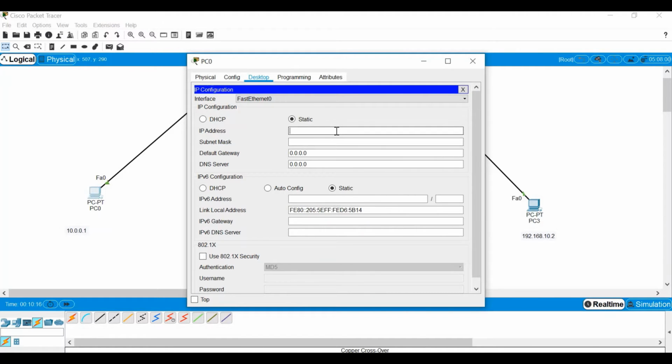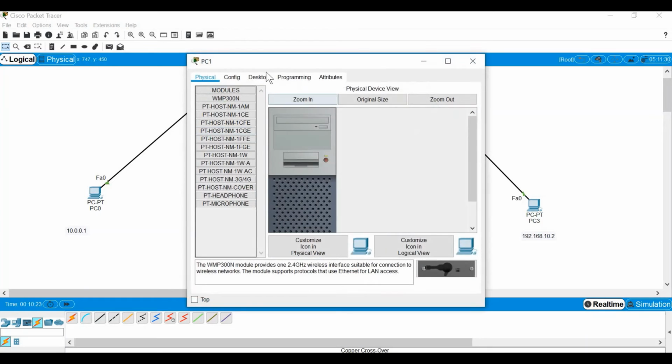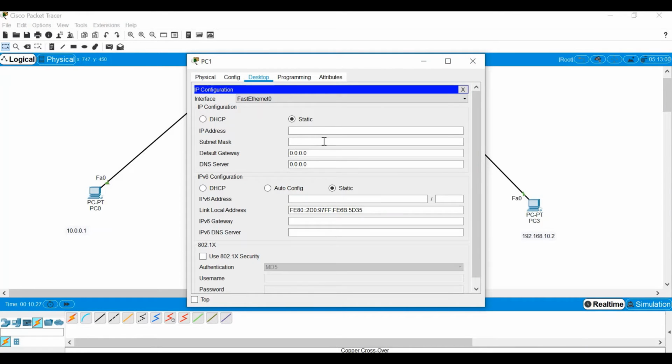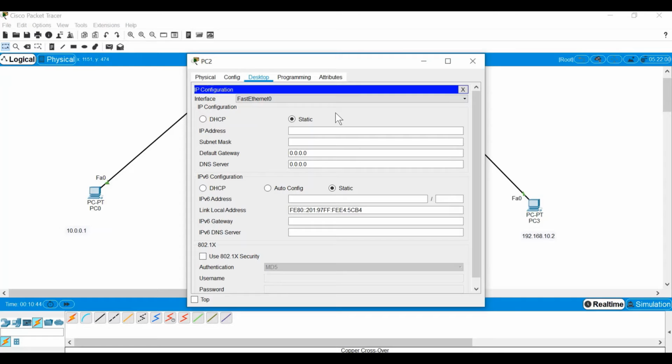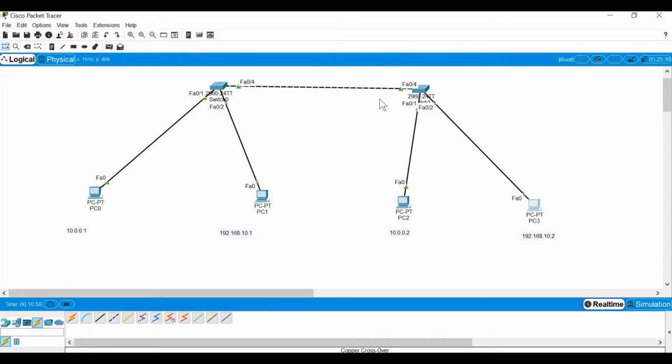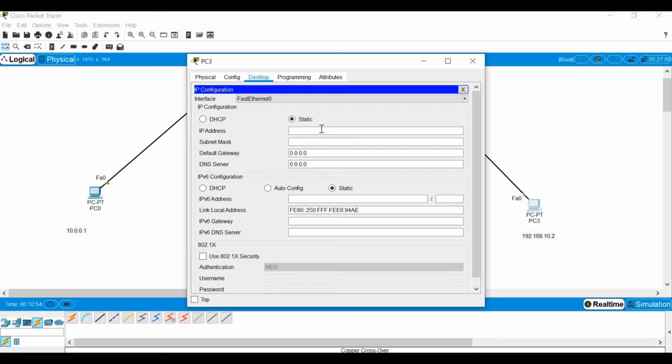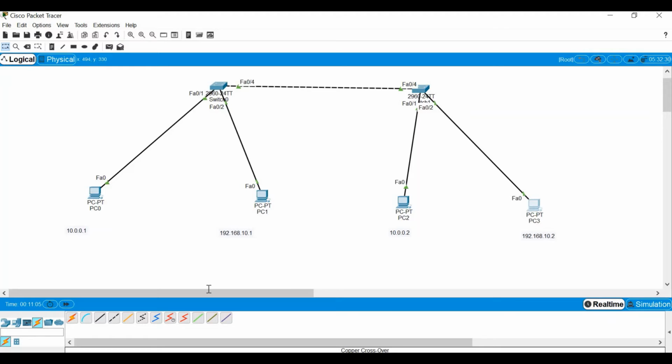In IP I'll type 10.0.0.1, and the subnet mask comes automatically. Similarly, on this PC I go to Desktop and assign 192.168.10.1, and again the subnet mask comes automatically. Next, on this PC I assign 10.0.0.2. Similarly, on this desktop I give the IP address 192.168.10.2. Okay, fine. That's all for the PC part.